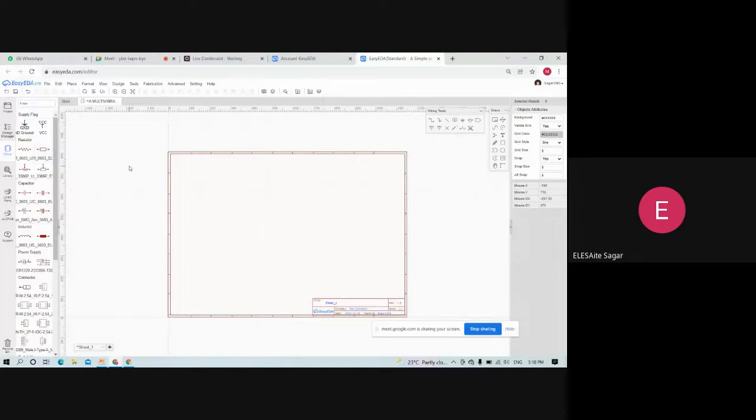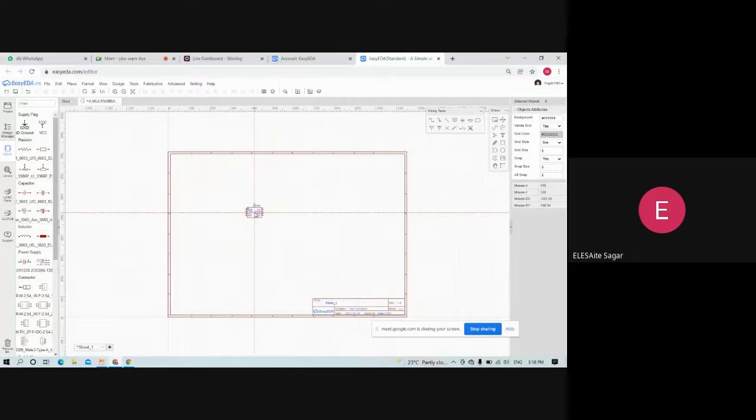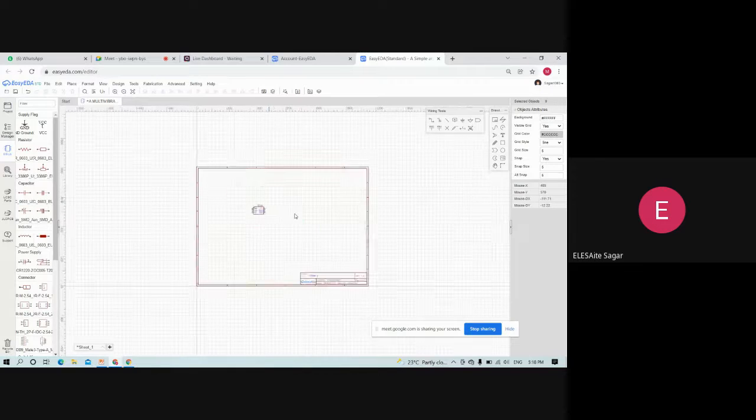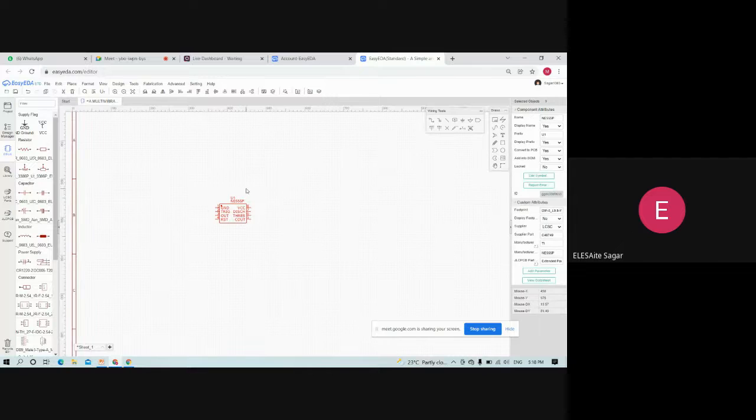I'm going to build an astable multivibrator circuit. So for that we need one IC 555. We can rotate it by clicking on it and pressing R on the keyboard.